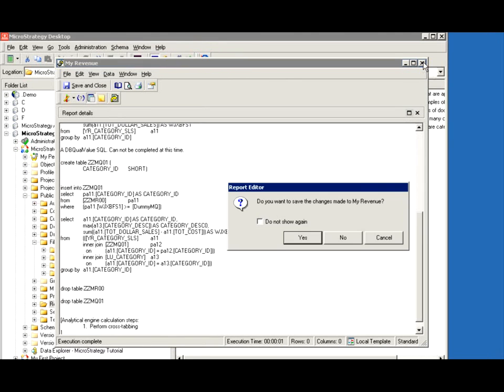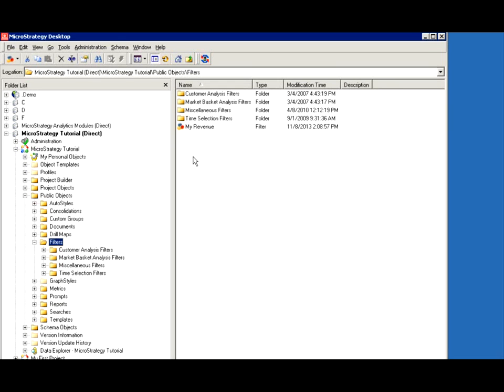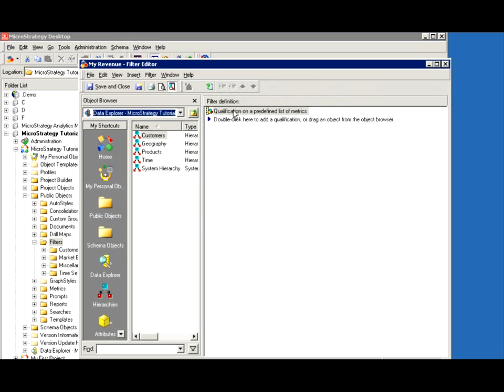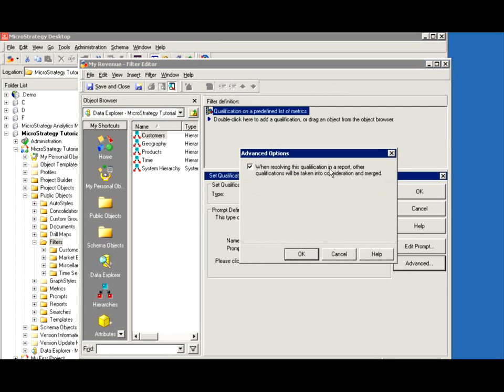Okay, so that kind of concludes today's discussion. I didn't go over a couple of items. Usually you need more experience to go into this, but let me show you what I'm talking about. There's an advanced option, whether you want to merge other qualification or not. So when you do this filter, do you want this pass or this where clause to also include other items? For instance, if you had a time dimension or a time filter for this year,